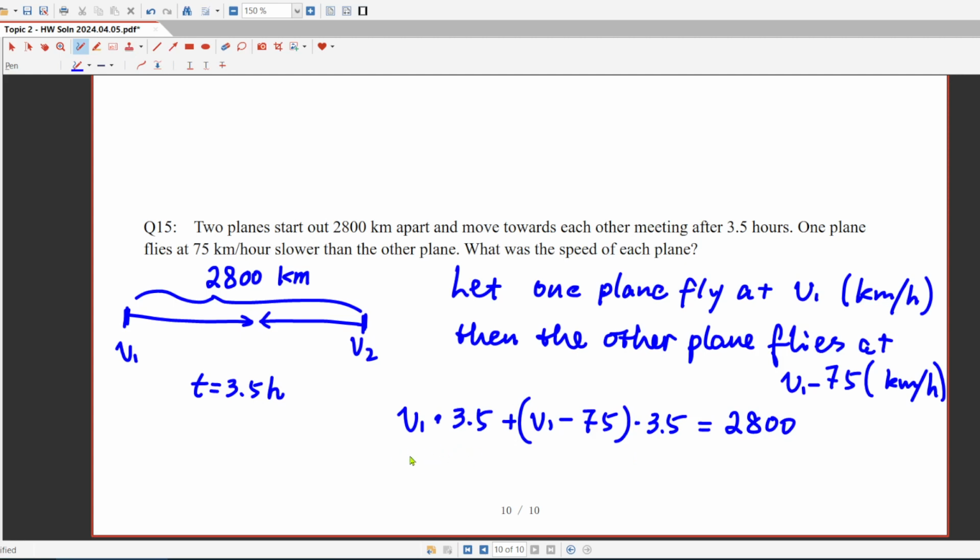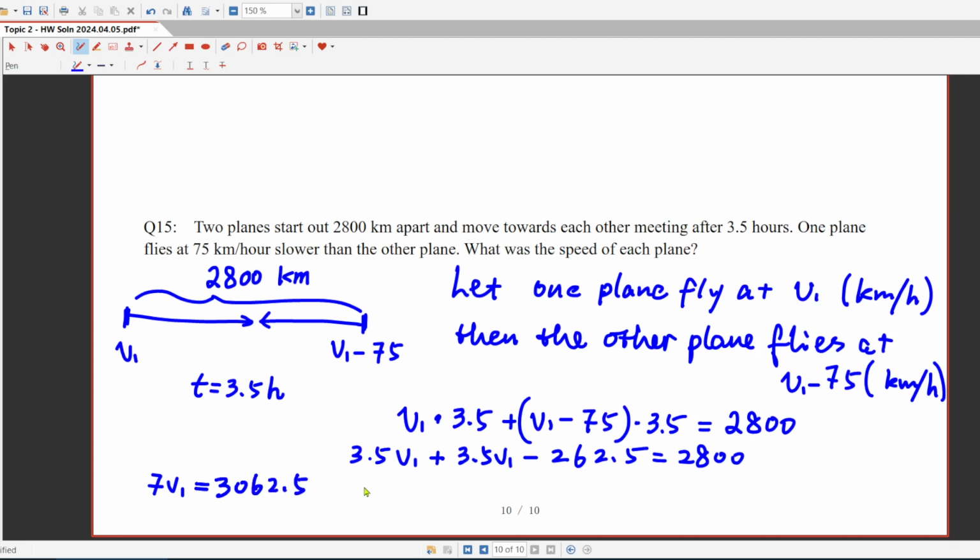Again, you have an equation in terms of v1. Once you have solved v1, you can easily solve the other one, v2. Of course, v2 equals v1 minus 75. So basically we have 3.5 v1 plus 3.5 v1 minus 262.5 equals 2800. So we have 7v1 equals 3062.5, and we can easily solve v1 equals 437.5. The unit is kilometers per hour, and of course the other plane flies at v1 minus 75, which gives you